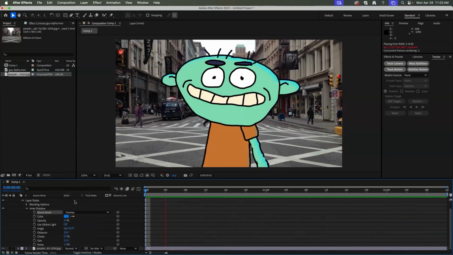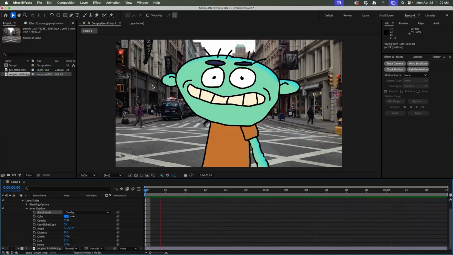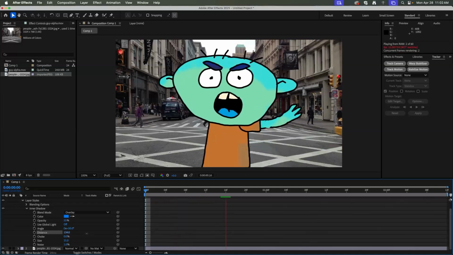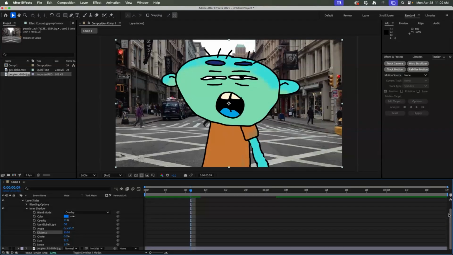You could do overlay. And look, actually, that's kind of cool. If you use overlay and inner shadow, it leaves the black outline completely unchanged because of the overlay blending mode. But it gives the painted part, the fill, an effect. So actually, that could be like an interesting way to get a cell shaded or kind of artistically